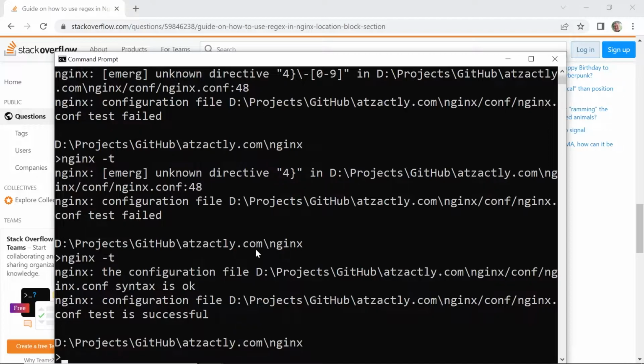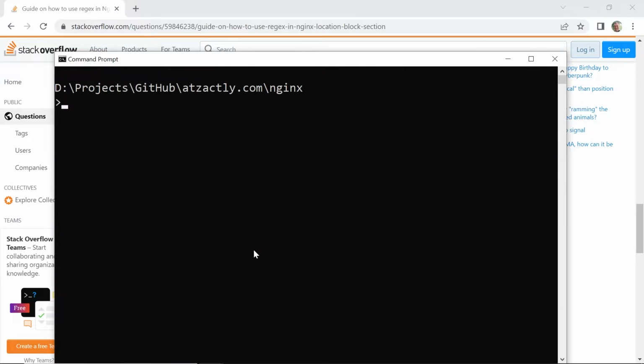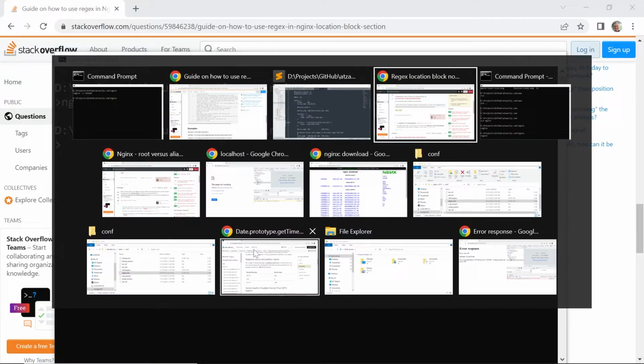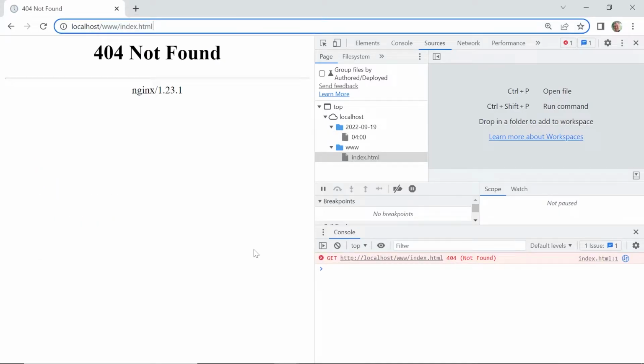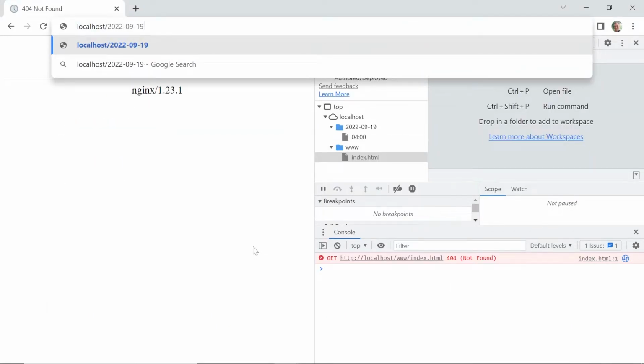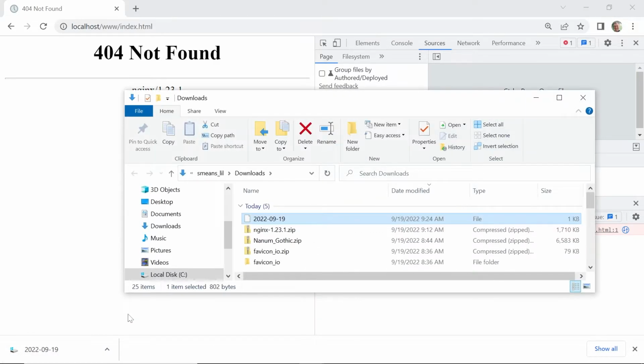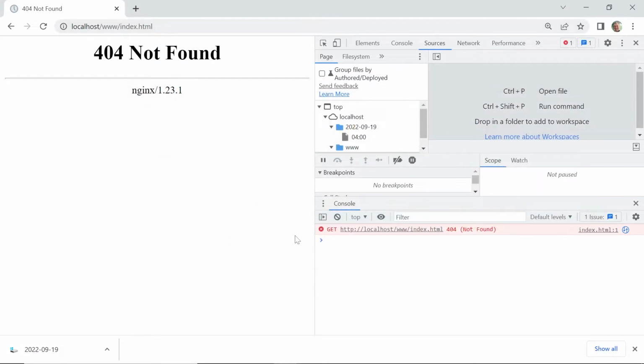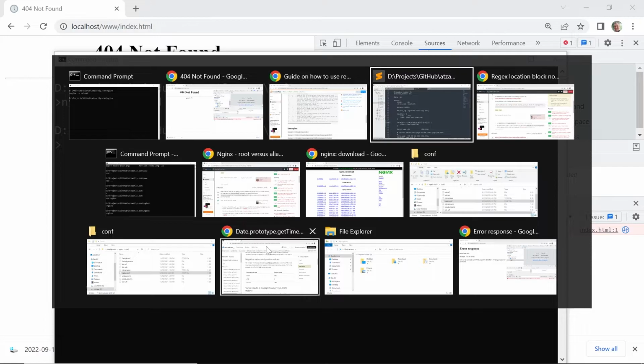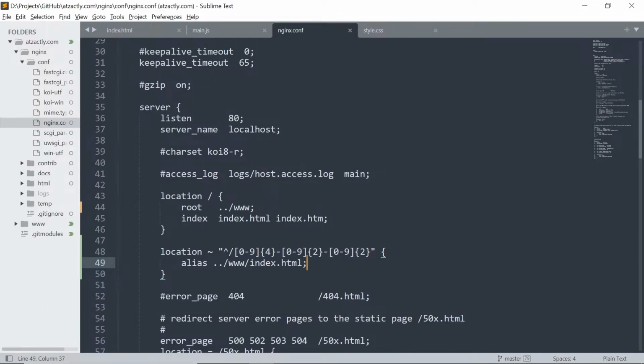Now, let's see. Okay, so that configuration did work. And now we're reloaded. Oh, I don't want that, though. So let's try. Interesting. All right, well, kind of worked, but not exactly. It did something. Didn't do what I expected. It downloaded the index file. So alias is not what I want. So what I want is